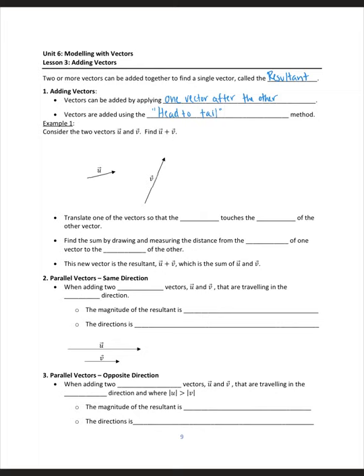So when we're trying to add two vectors together, not that you have to be spot on, but if you're going to be kind of meticulous about it, you would need to measure the angle, right? Because that's the direction and the length of a vector, and then try to translate it. So it says, consider the two vectors u and v. Find what u plus v would be. So I need to measure what u is. If I'm going to move it, I need to measure what it is so that I can move it over here. So I'm going to measure